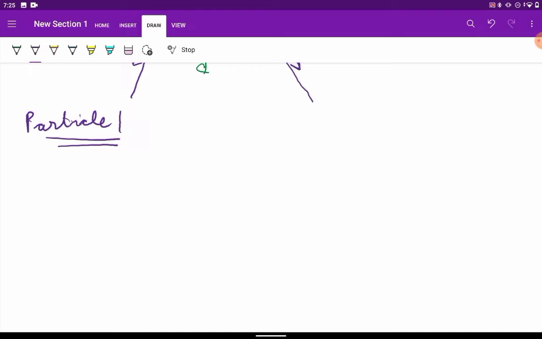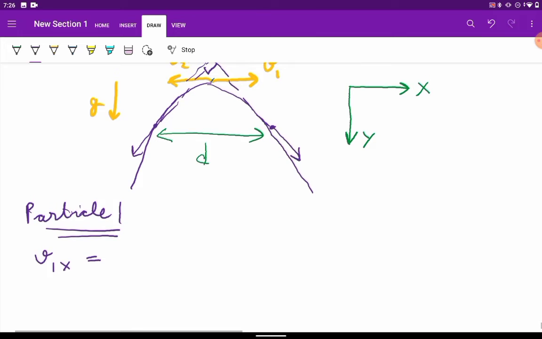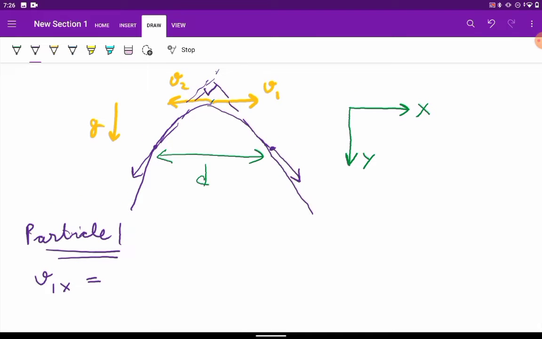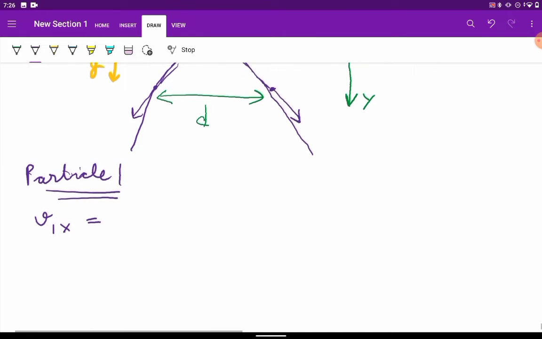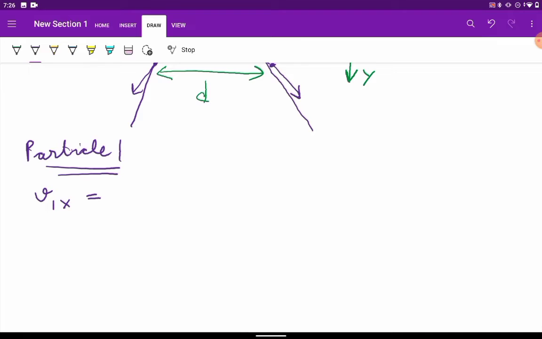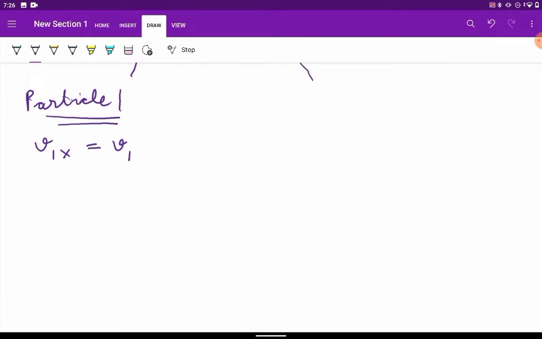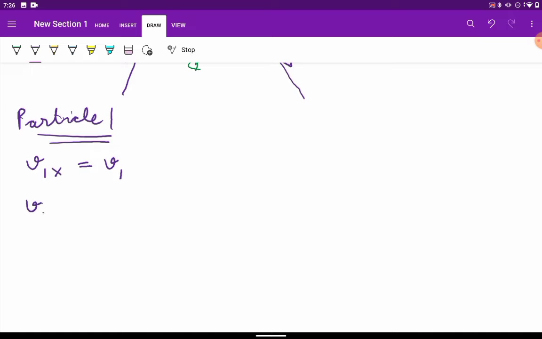For particle 1, v1x is in the positive x direction, so it is a constant v1, and v1y